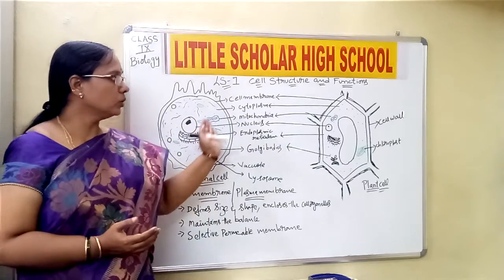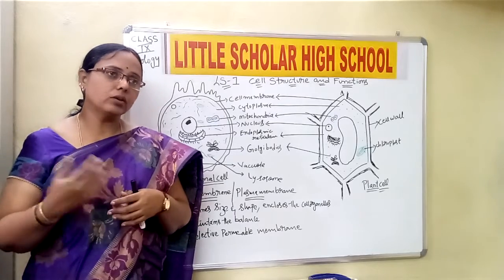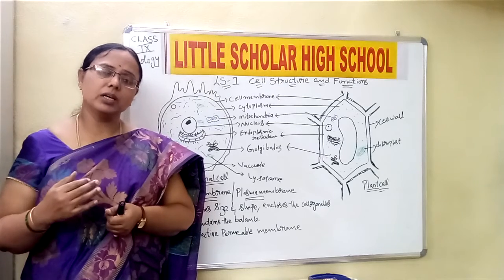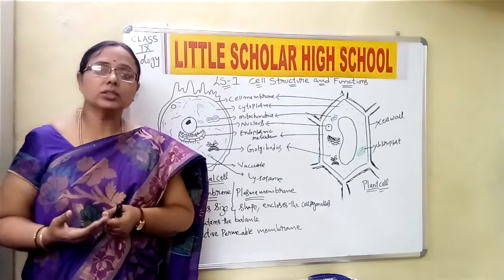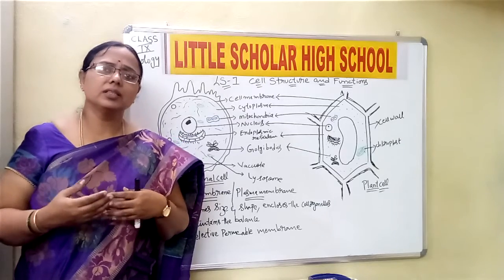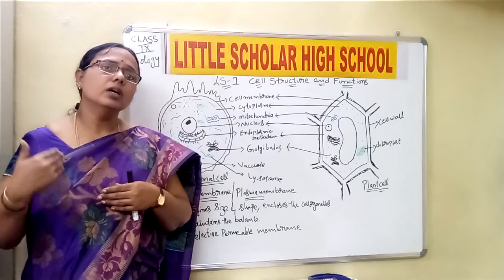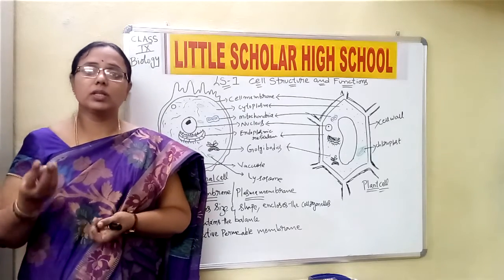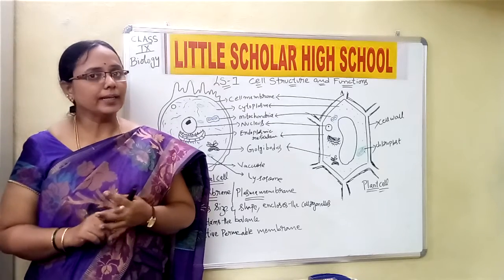Before going into the animal cell and the plant cell, let us go through a brief background. Many scientists have been working to find out what cells are exactly, how they look, and what functions they perform. Many scientists discovered microscopes and studied cells through them. We have three types of microscope: simple microscope, compound microscope, and electron microscope.